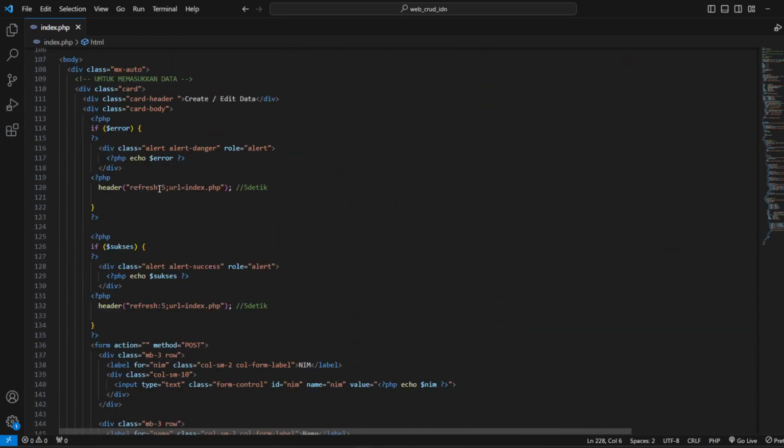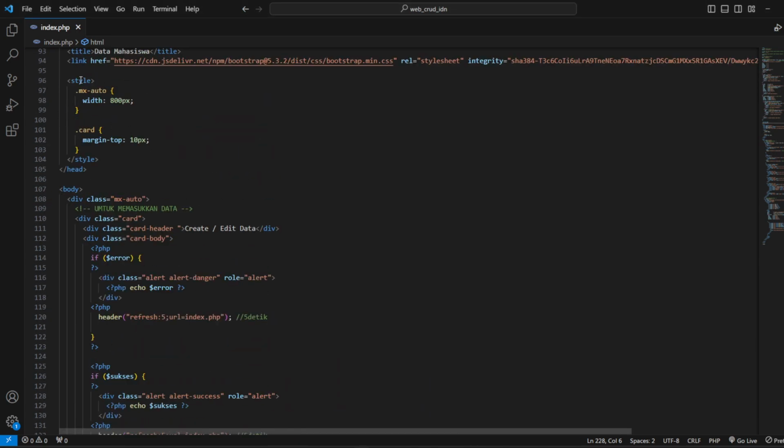So the first is to make the container of our database.